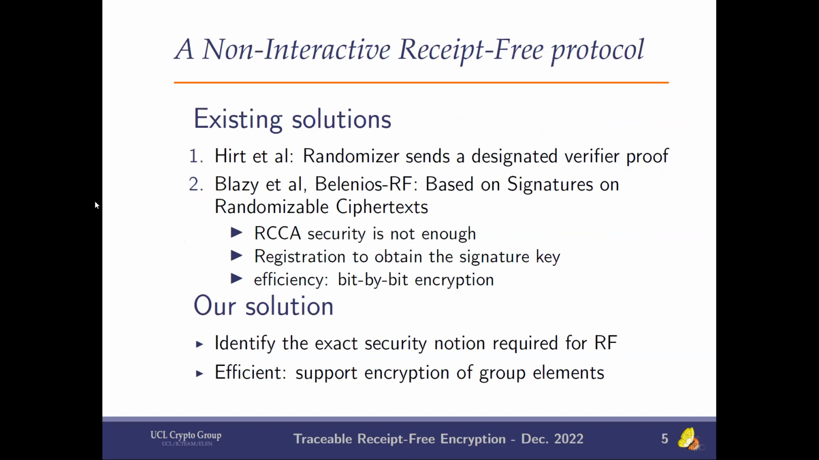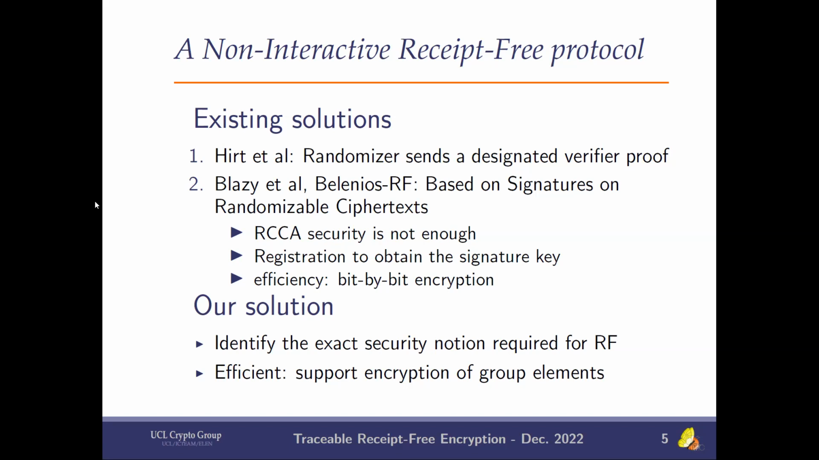So there are existing solutions from back in the days. I think the first one using this paradigm of a randomizing server is from Earth et al., and it's based on designated verifier proofs. And more recently, Blazid et al., and especially the Belenius RF voting systems, use signatures on randomized ciphertext, which are